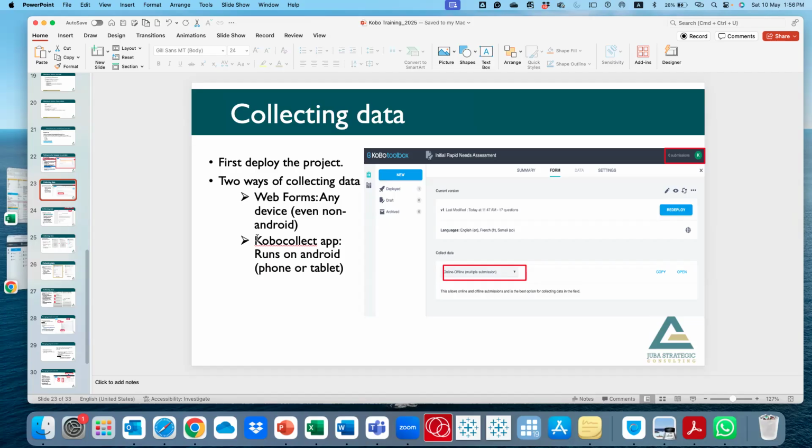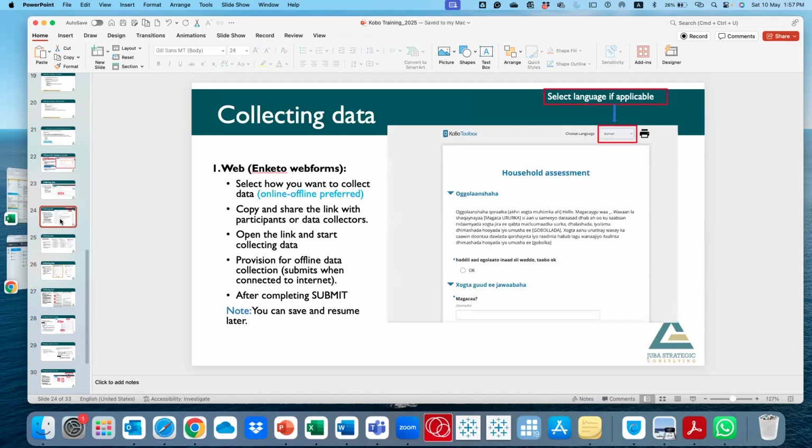Phones are really small for a browser, so it is good to use the app. It depends on what you want. If it is Juba-based and people have access to internet and computers, you can just use web. Those are the two options of data collection.